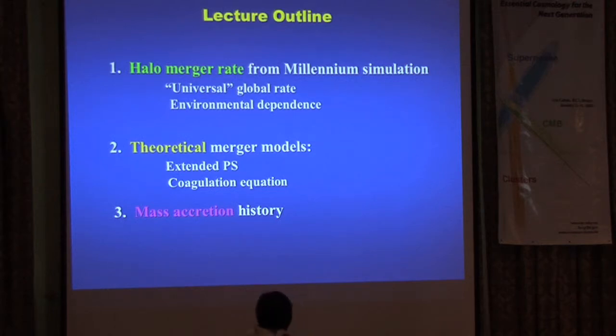So today, I think I'll just focus on number one here. If I get through it quickly, I'll talk about number two. But the idea here is just how fast, what is the rate of mergers of dark matter halos? And I'll also talk about, when we look at that in more detail, whether the merger rate actually depends on environment. So why do we care about mergers, other than the fact that halos seem to grow primarily through this mechanism in simulations?